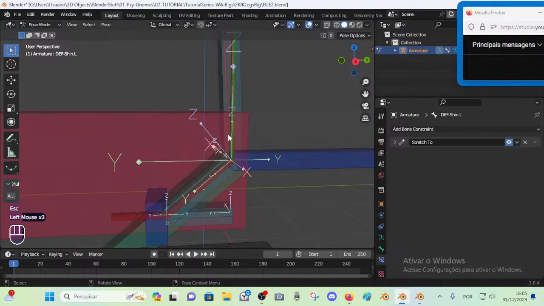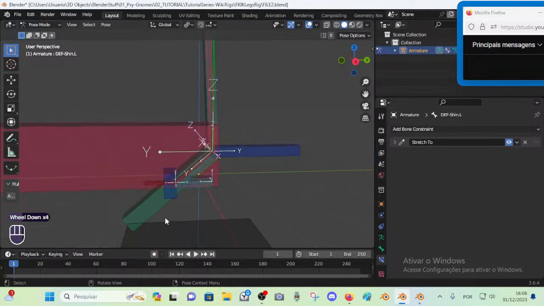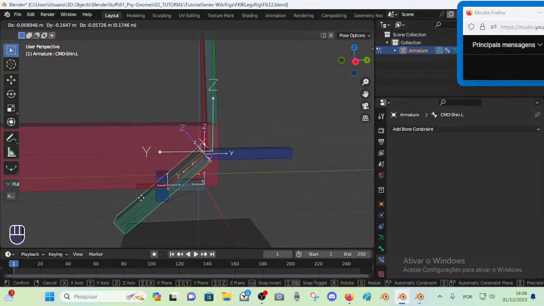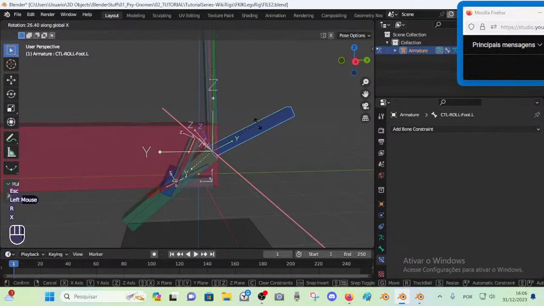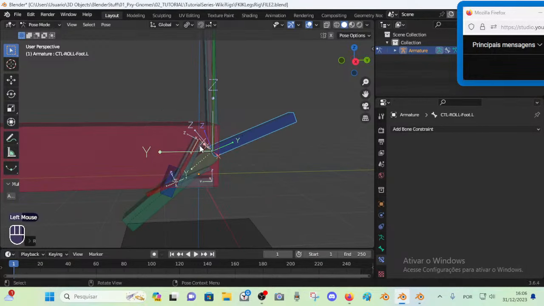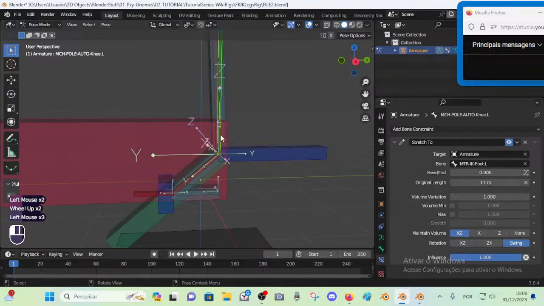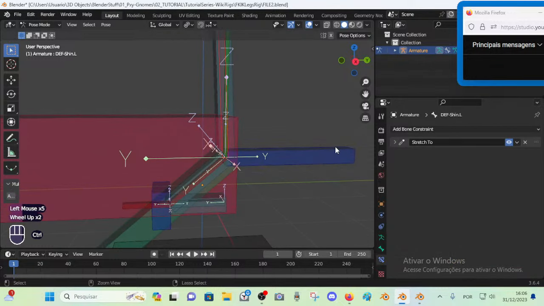Maybe I could do something here too, but this is stretching to this. So why? Yeah, because it's bone constraint. You see, it doesn't stretch anymore, but it could stack. It could probably stack. Usually we do something like that before the,